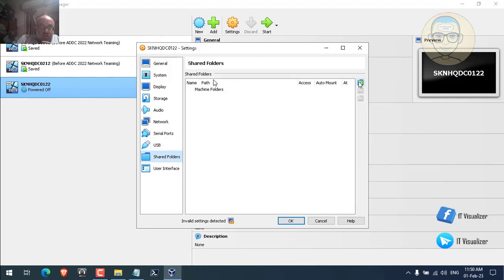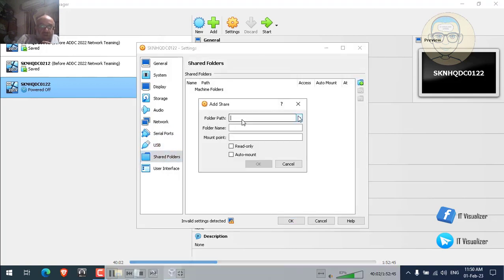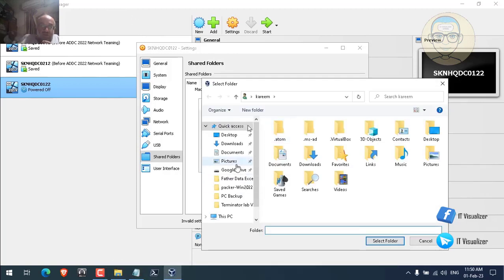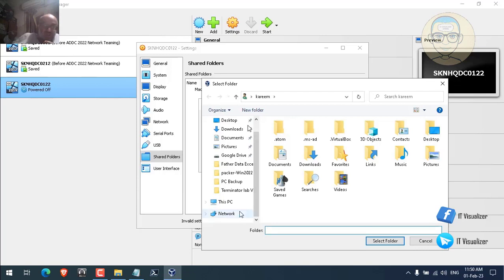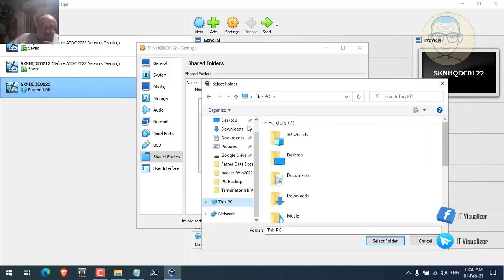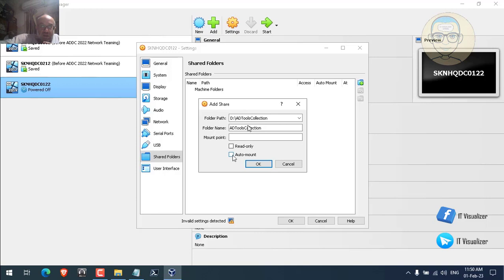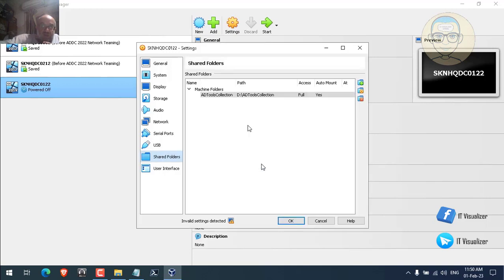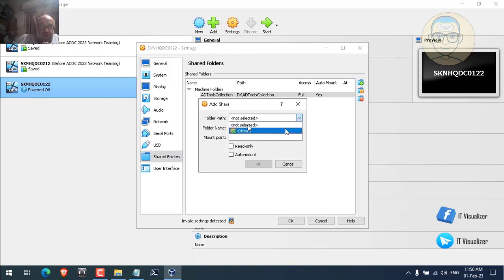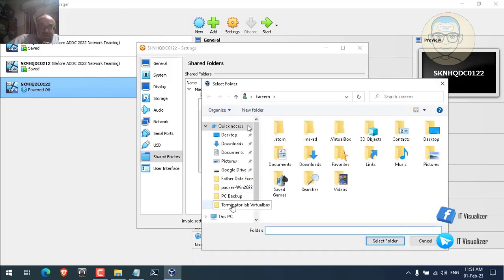For the shared folders, we need to share folders between my laptop and this virtual machine. We will add 3 folders which will be shared between the laptop and this virtual machine. This is my laptop hard disk, and we'll share it with the virtual machine. We'll add these 3 folders, which will be auto mounted as a network mapped drive, and then we will add another